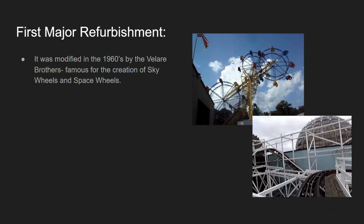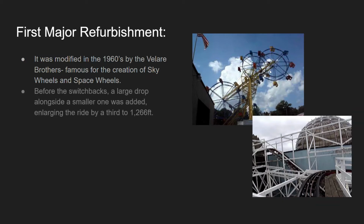Here you can see, I believe, Space Wheels, which is a sort of ride that takes riders on a Ferris wheel style ride, and basically takes them around on this bigger structure whilst also going around on a smaller structure here. Before the switchbacks, which is basically where the car will randomly turn 180 degrees, seen here,